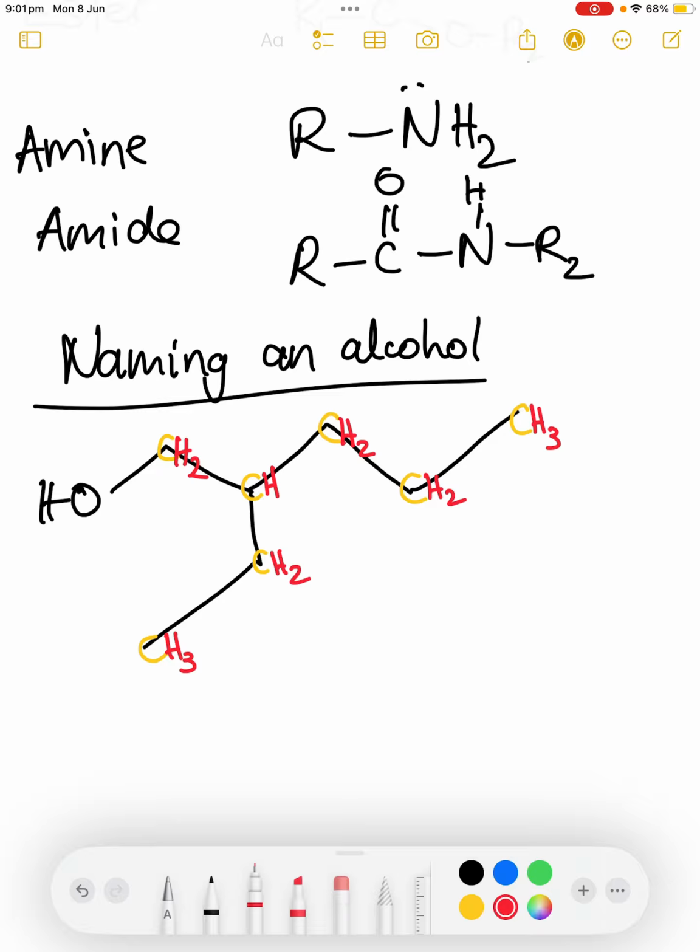We need to firstly identify the longest carbon chain containing the hydroxyl group, okay? And we can see, and I'm just going to do another color, if we go green this time, we can see that it is this chain here, okay? Now, we wouldn't go this way, all right? We would not go that way. Now, as we can see, that doesn't directly contain